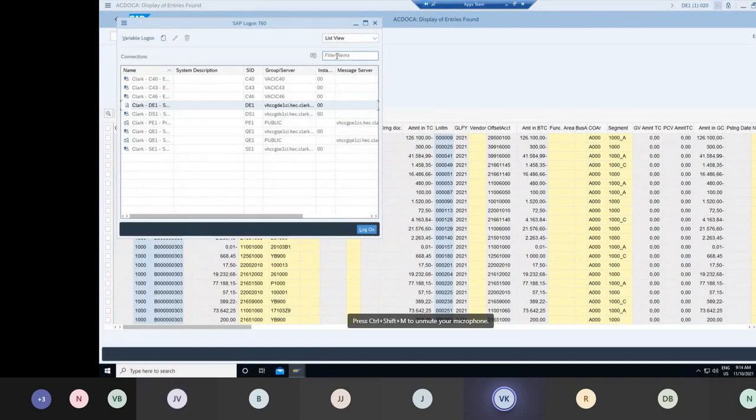Once requirement comes, instead of disturbing my golden client, I will do the prototyping in sandbox client. Sandbox client is nothing but again one 3-digit client instance where you log in. You can just play around. Once you are comfortable with the output, you will redo the same thing in development, that is in your golden client, and then you again move the changes. So some clients may also have sandbox. Again, it differs from business to business.